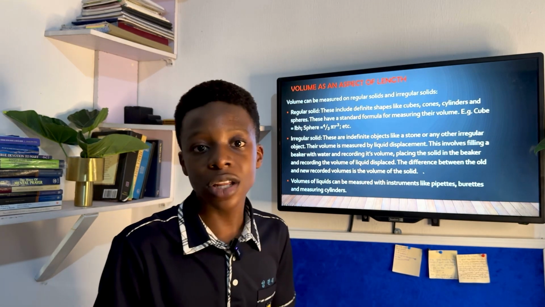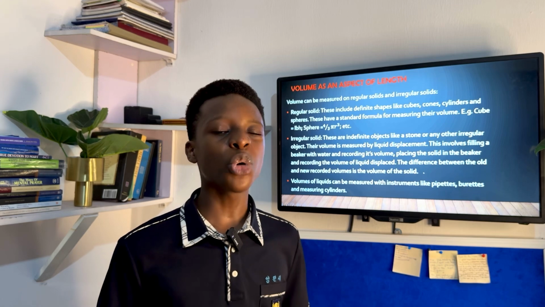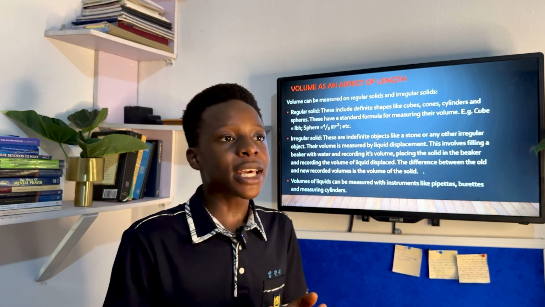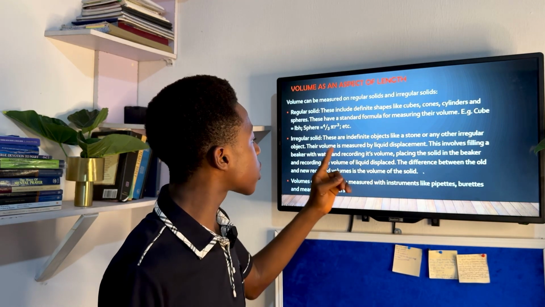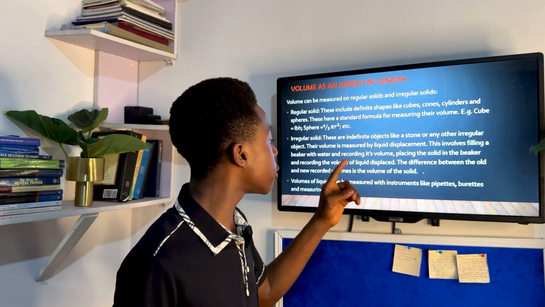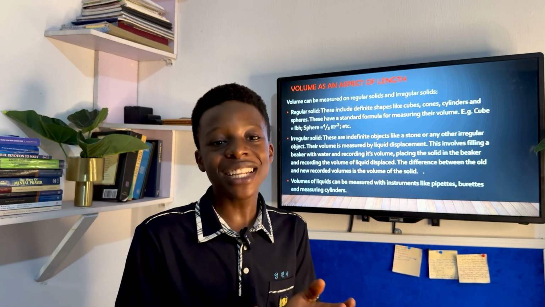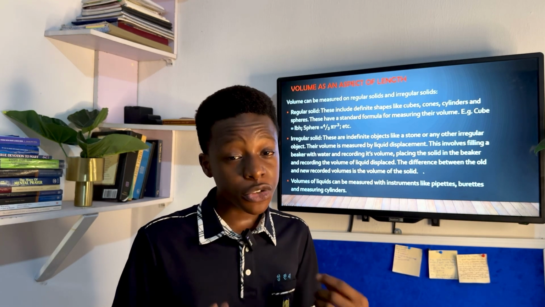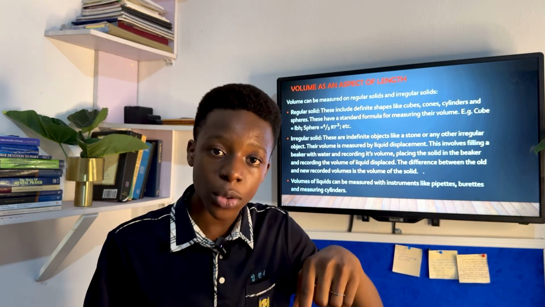For an irregular solid, such as a stone or any other irregular solid, we use what is called liquid displacement. What is that? Well, it's practically getting a beaker. It's actually explained here. It involves filling a beaker with water and recording its volume, placing the solid in the beaker and recording the volume of the liquid displaced. So to simplify what I just read, it's practically getting a beaker, filling it with water, and recording its volume. Once you've recorded the volume, you place the solid you want to measure its volume inside the water,